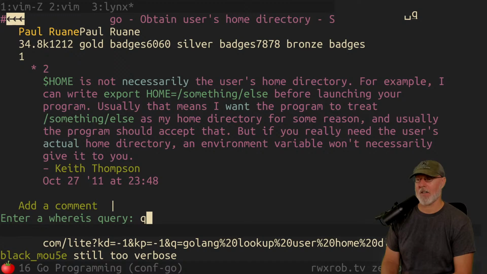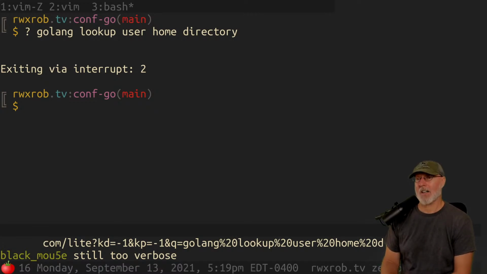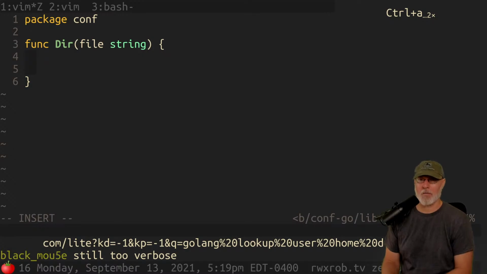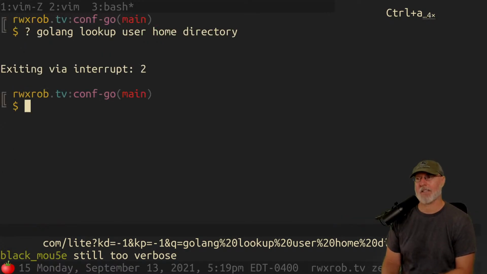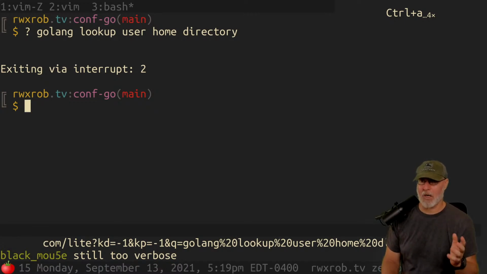First of all, to be fair, if you want to get an environment variable, that's what you do. But that's not going to work on Windows, where there's no HOME environment variable. And one of the main points of Go is to write cross-platform code. So why would you do that? I did it on purpose because I want people to know that when you're coding in Go, you should be looking in the standard library as frequently as possible.